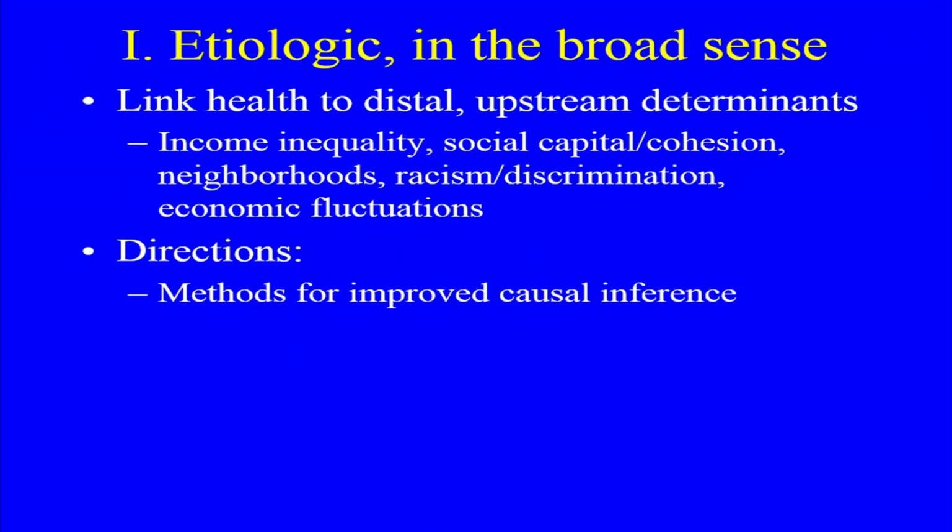Well, first, I think methods for improved causal inference are really important, and many of you in this audience are engaged in that. This is a constant struggle in terms of being able to draw conclusions that are causal, because if we want to justify policy on the basis of them, we have to be able to make a causal argument. So I think things that we can do realistically, recognizing that we have to deal with very messy data, and we have to make sense of that messy data, and it's our responsibility to do that, I firmly believe, as scientists. So we're not going to be able to do perfect causal inference, but we can do things that help us move in that direction, and the more we do of that, I think the better.